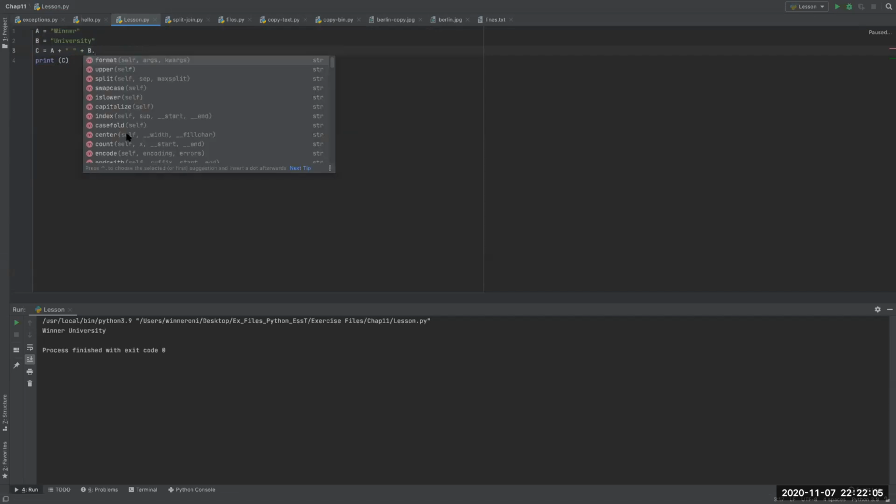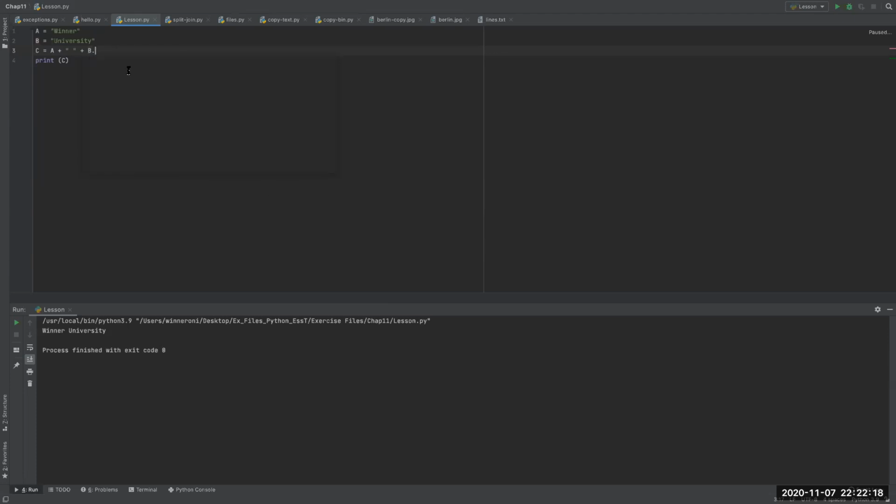You can have all sorts of things. Let me see another one that can be interesting. Okay, there's a swap case one there, and that one just basically